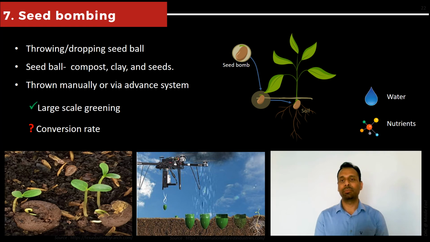These balls contain basic nutrients for plants to germinate and are capable of surviving a few days on their own until they start germinating. It is suitable for large-scale afforestation and greening the land, but the conversion rate, which is the number of seeds thrown versus the number of seeds grown, is sometimes a question mark. However, new technologies like seed bombing via drone are very efficient and showing really good results in many parts